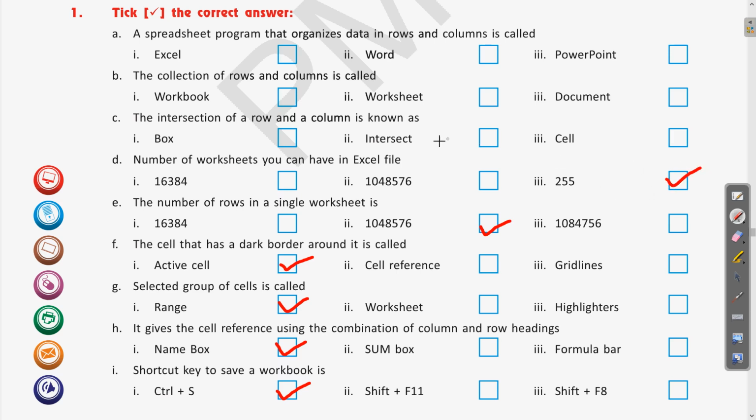Then the intersection of rows and columns is cell. The collection of rows and columns is called a worksheet. Clear? Then the spreadsheet program that organizes data in rows and columns is called Excel. Clear? So take a screenshot of this so that all the answers will be together and you can mark them in your book also.